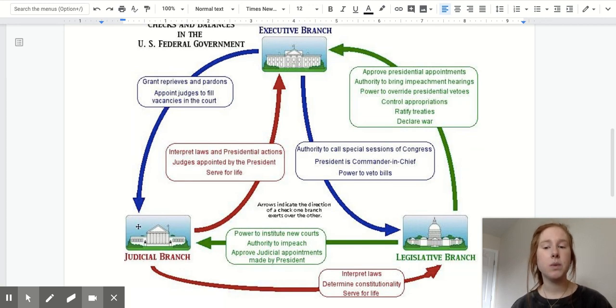And the president, the executive branch, is the one that appoints or picks out judges to serve on the Supreme Court. So that's a huge check on the judicial branch. The president gets to pick who goes in there. And then, as we already went over, the legislative branch has to approve it. Okay, so now